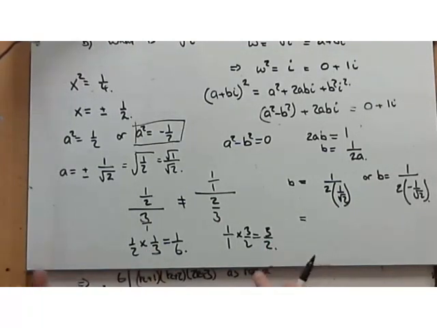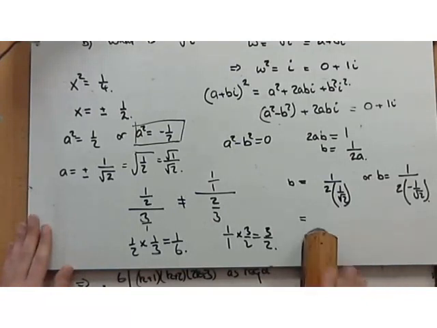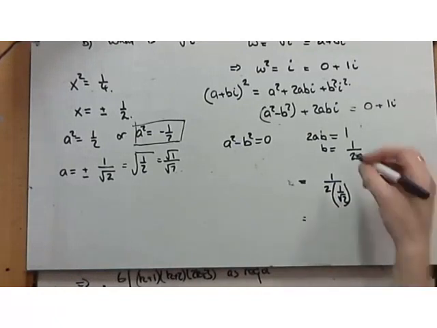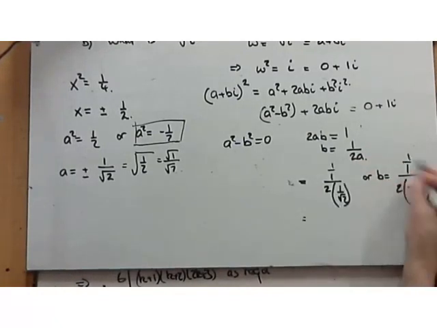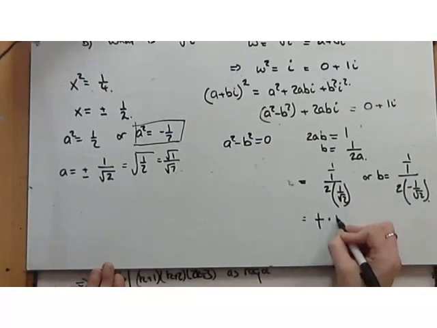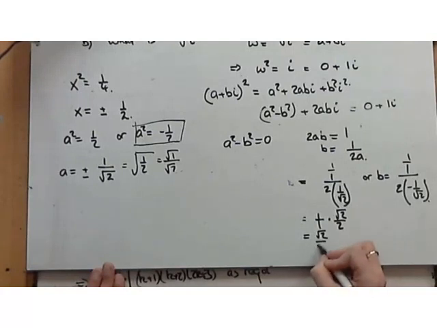So 3-level fractions are something you should be very careful with. Identify the whole number in your 3-level fraction and make it a fraction. Put it over 1. That's a very important thing to mention at this point. So we're dealing with a 3-level fraction here. The whole number there is 1, and the whole number there is 1. So here we have 1 over 1 multiplied by root 2 over 2, which is root 2 over 2,